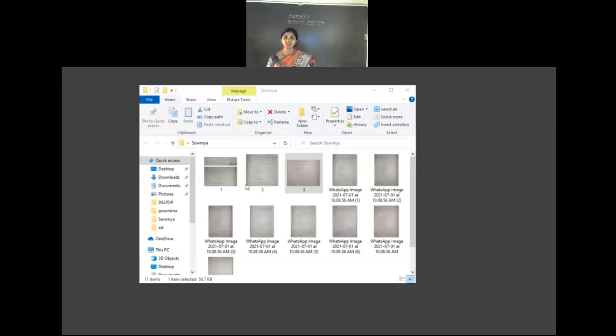Many students worked out the same problem by another method. They first got a54 as 639, then added 132 to it and took that as an. That is also right, but here we took the direct form. An is equal to 771, we got. That an is actually which term? Either the 10th term, 11th term, or 12th term, that we have to find out. N we have to find out.